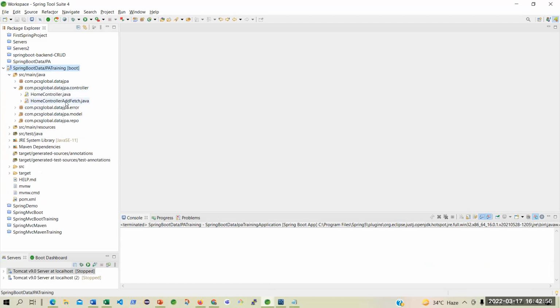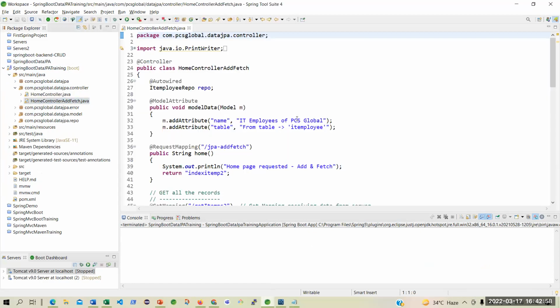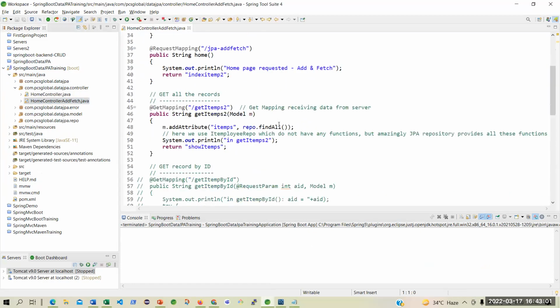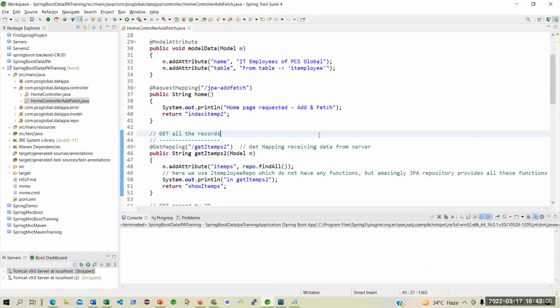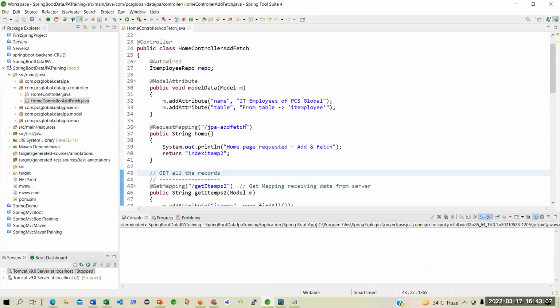Now we are going to open this home controller add, and we are similarly going to start with getting all the records. We are going to use a request mapping, which is not just a slash. We are going to use a JPA at fetch, just the name of that URL, and that URL is going to